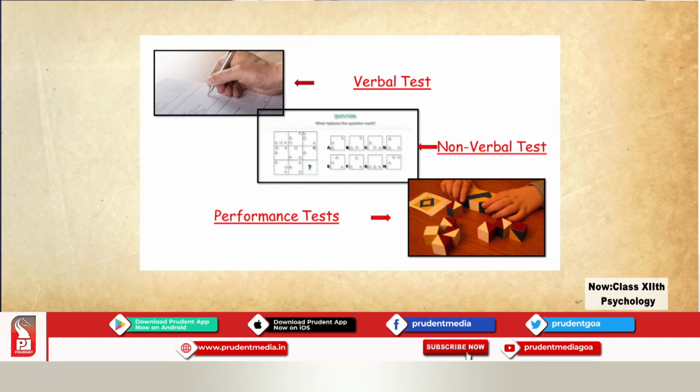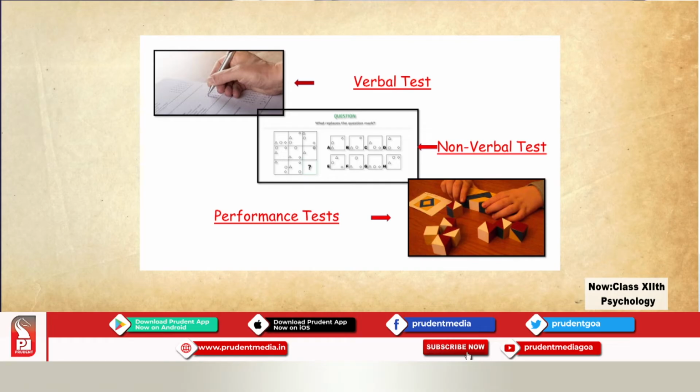But non-verbal tests, if you can see the second image over here, are basically tests which have picture illustrations where you are asked to match something from those images. So, here the first one will be an incomplete figure, there will be a question mark. Can you see the question mark there? That will be an incomplete space where you have to choose from the options the one which will best match that particular image to complete it. So, these are non-verbal tests, okay. And an example given in your textbook is Raven's Progressive Matrices. That is one test which is a non-verbal test.